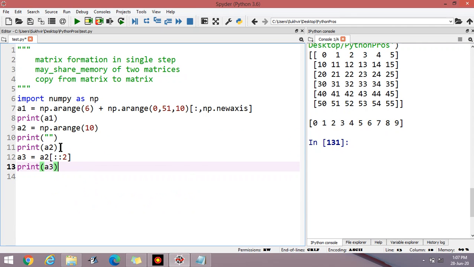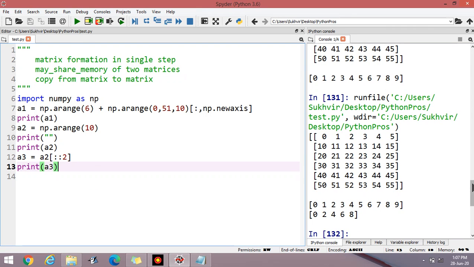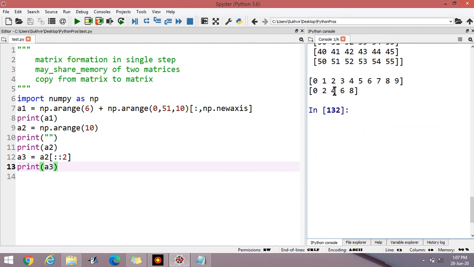These are some elements taken from A2 and the production of A3 is there. These elements are 0, 2, 4, 6, 8. The jumping factor is 2, meaning the step is 2. The starting value is 0, then 2, 4, 6 and 8. These are the values.